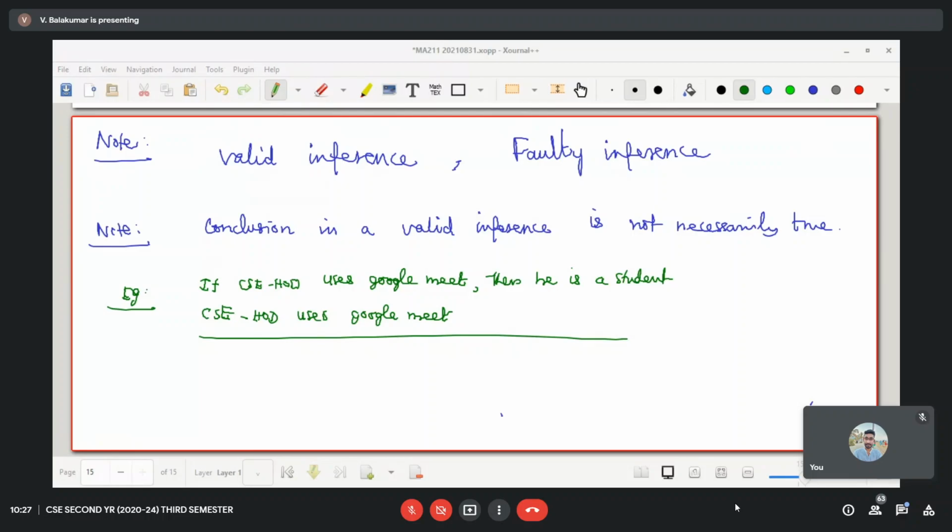So roll number 16, 24, 32. Yes. Can you give any conclusion? Sir, he is a student, sir. You say he is a student. You are right.